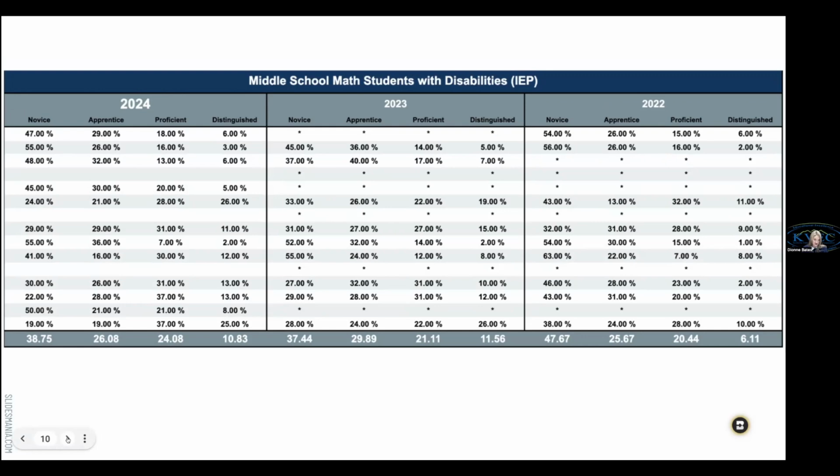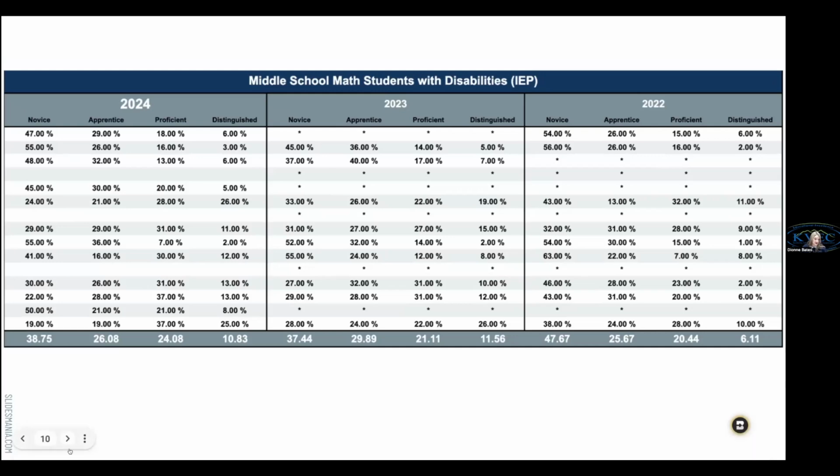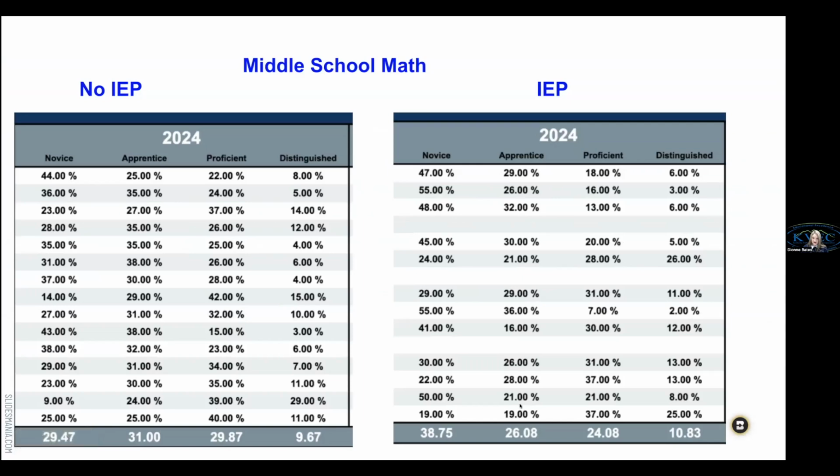But just off the cuff, it looks like there's 24 and 10, about 34%. So we're seeing a little smaller percentage of our students with disabilities that are proficient and distinguished, right? Again, we're just looking to see how our performance compares for students with disabilities and non-disabled students. So I did the same graph like I did for the other slides here, so you can see that side-by-side comparison for this last year.